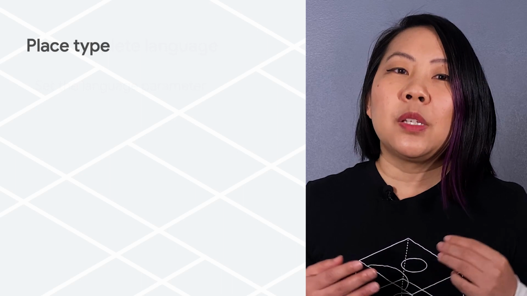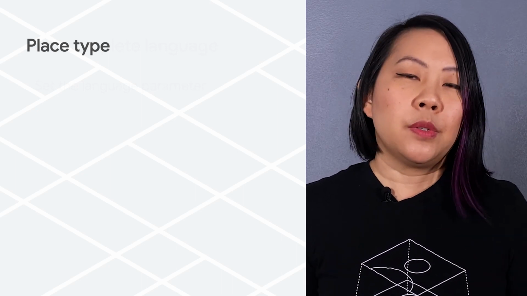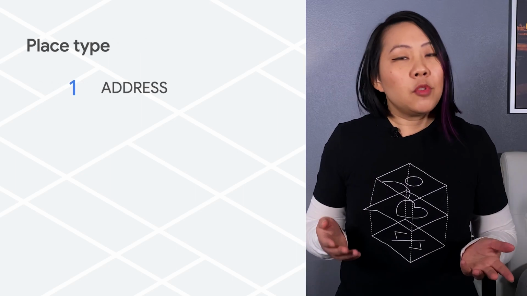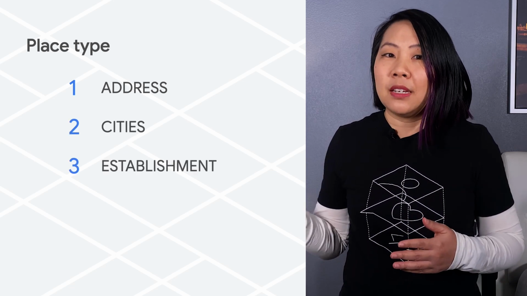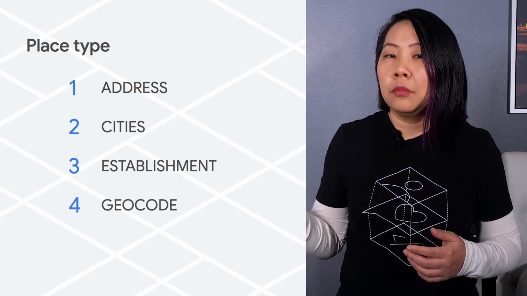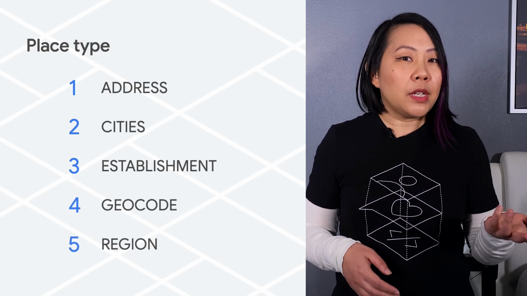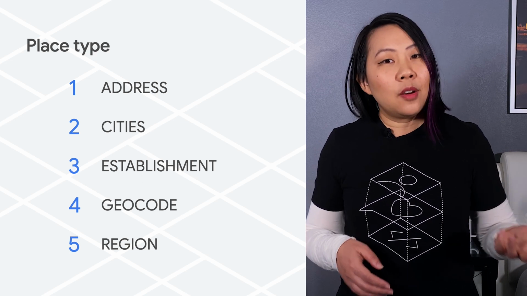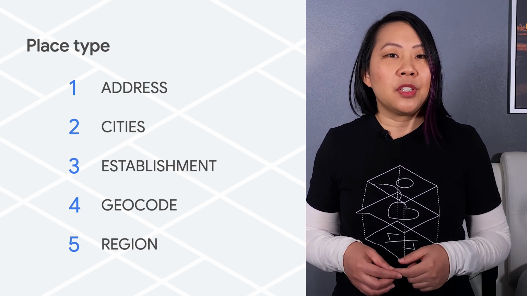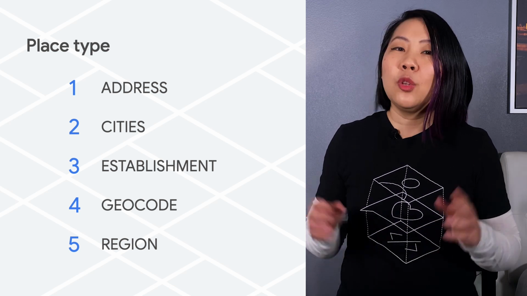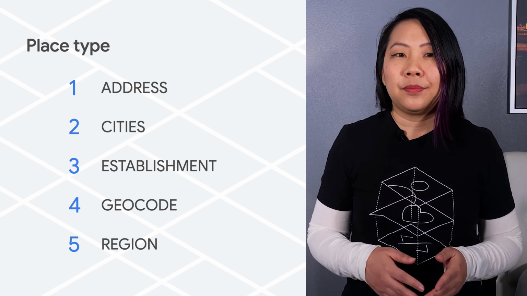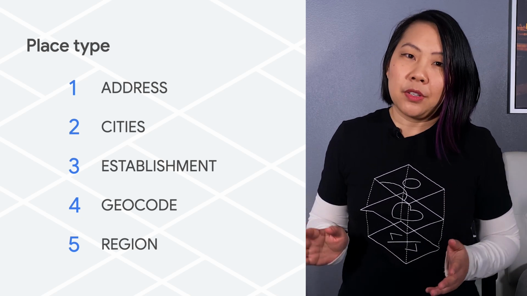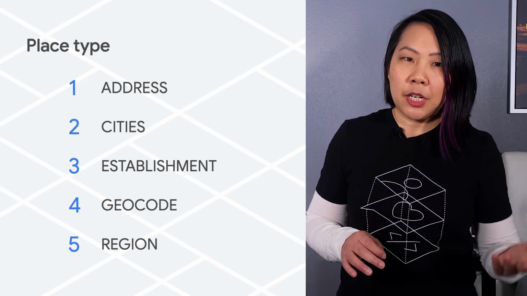The third clue you can give to Place Autocomplete is what kind of places your users are looking for. Chances are your implementation is probably being used for either typing in an establishment name, like the Taj Mahal, or for typing in an address or a geocode, and that can help the autocomplete narrow down the possible predictions significantly. You can use place type filtering to present more relevant predictions. Pass a types parameter to specify a type or a type collection.